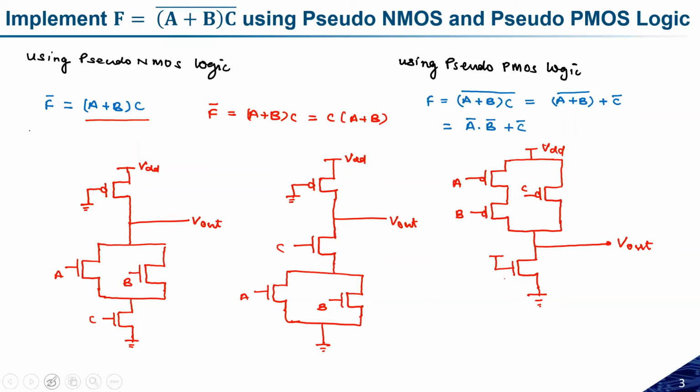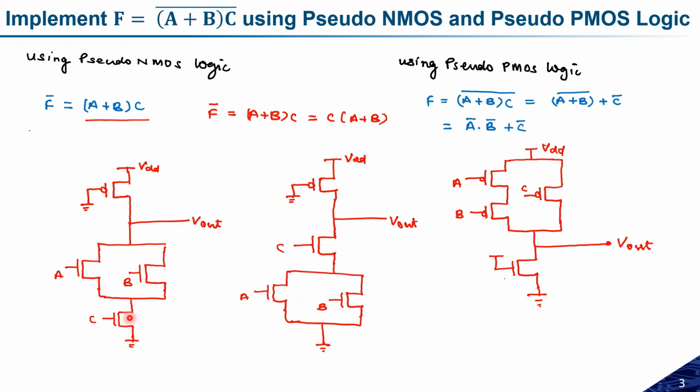if you see the first case, what is happening? In the first case, whatever the voltage drop across, if the C is on, this transistor will be on, and whatever the voltage VDS will be here, that will affect the body of these two transistors, A and B. If both are on, the internal voltage here will be less. So if the internal voltage is less, the effective voltage body biasing on this C will be less. So the effect of body biasing on C will be less as compared to this one.